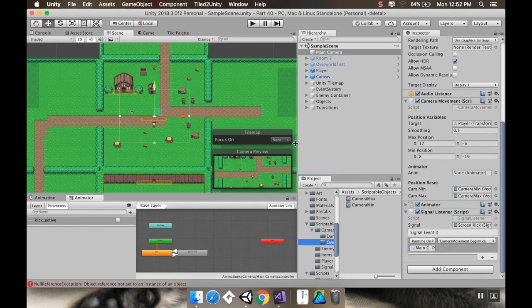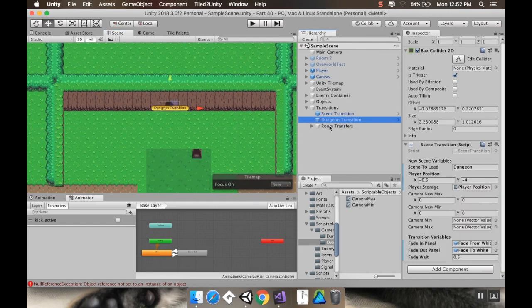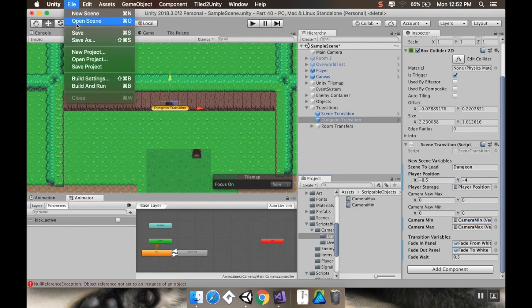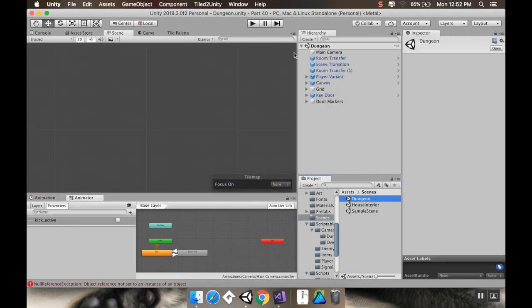This gets the camera min and camera max it already had. And then the dungeon transition is going to get the camera min and camera max from the dungeon folder. So camera max, camera min, save the scene again,